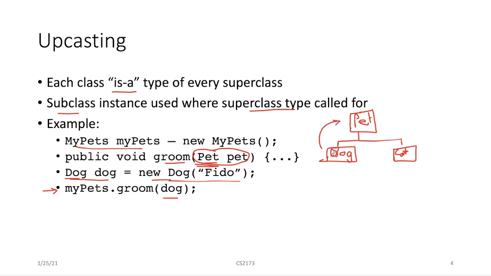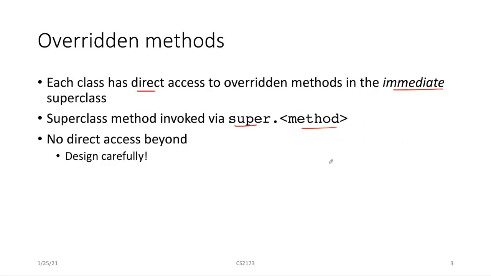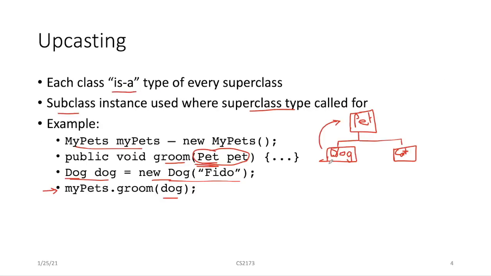It'll say, well, you're a dog, but a dog is a pet. And so whatever I'm doing to pets in here, I'll be able to do to a dog. And that's guaranteed, because everything in pet is also in dog. Every public method in pet, which is all I could be invoking here, is going to be present in dog. And the same as a cat. If I had a cat,